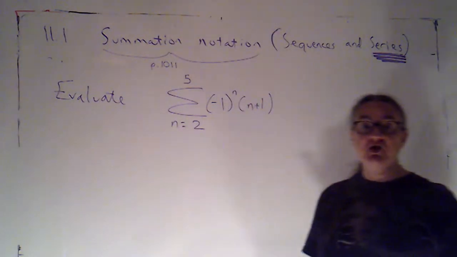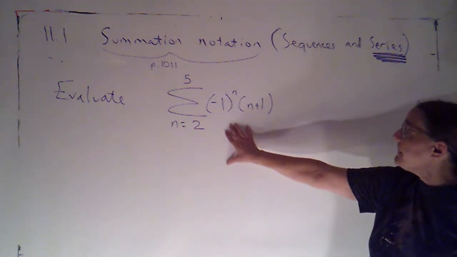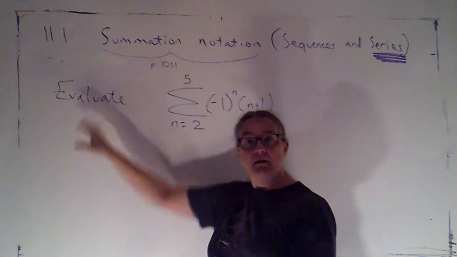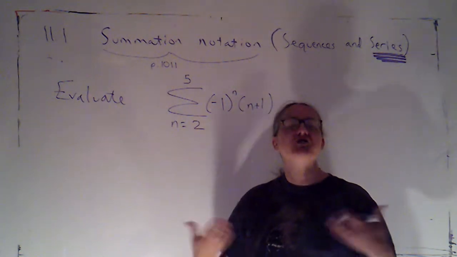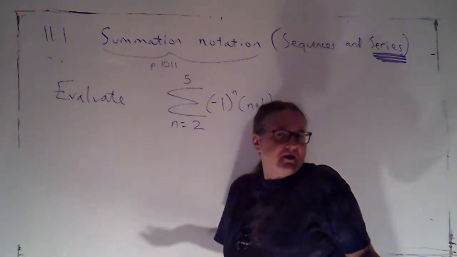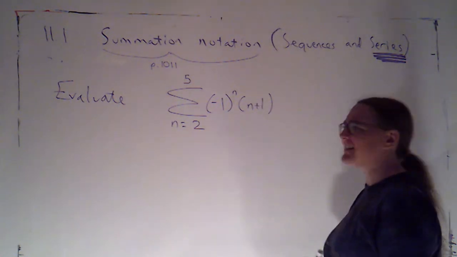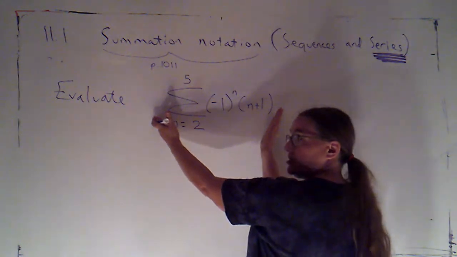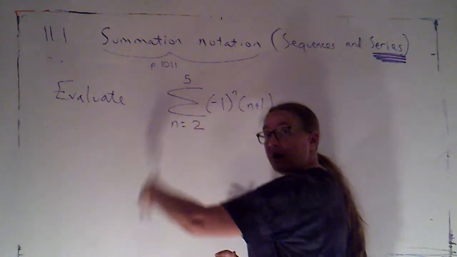In this video, we're just going to review our summation notation. So we've got this problem on the board. The directions will generally say evaluate. That means do the math, do the addition. But of course, in order to do the addition, I need to know what numbers it is that I'm adding. So the first thing that I'm going to do is go from the summation notation to writing it out term